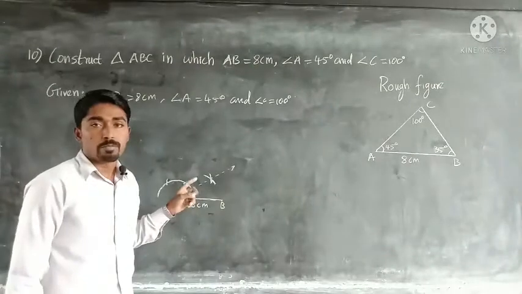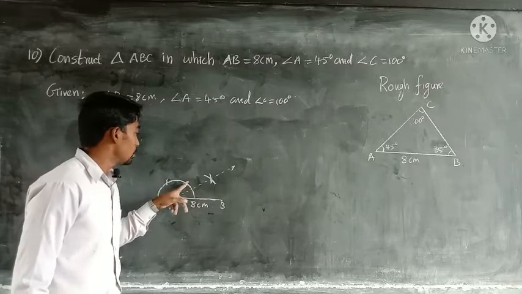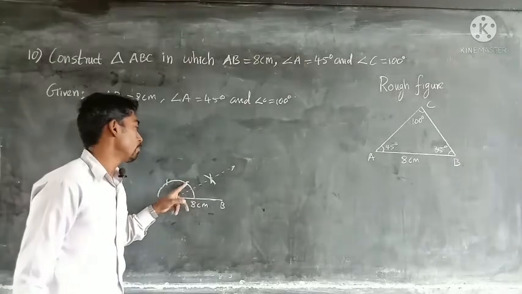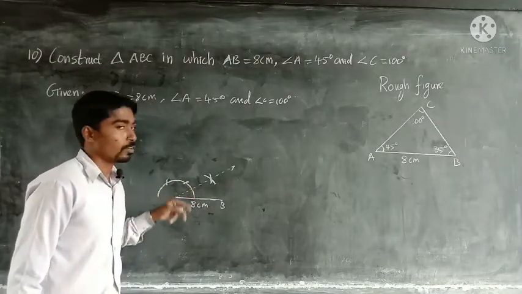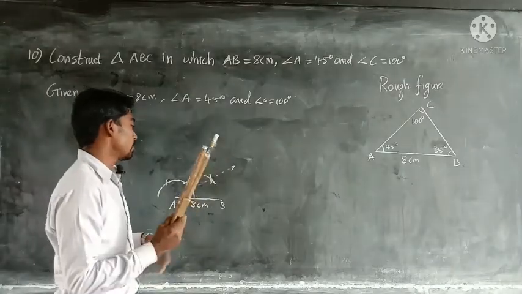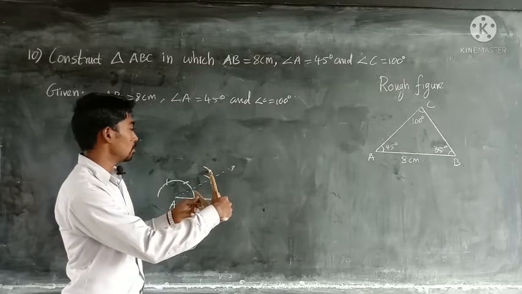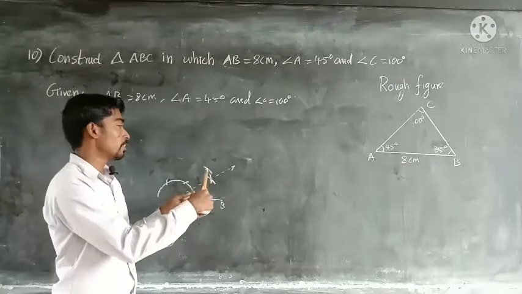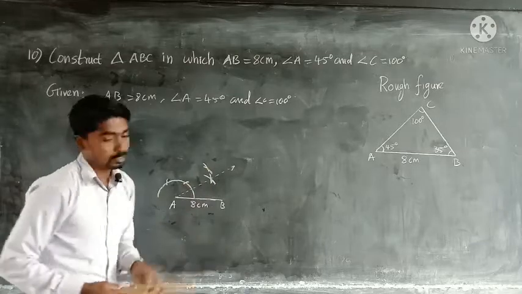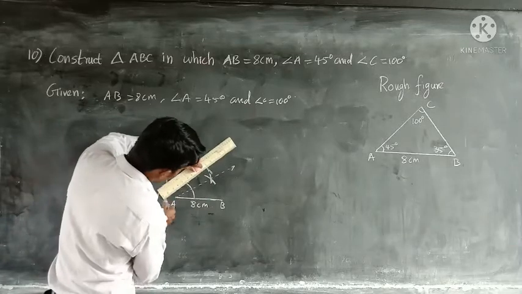To find 45 degree, we need to find 30 degree. By using 30 degree and 60 degree, we are going to find the 45 degree. We are going to find the midpoint of 30 degree and 60 degree. Take same length by using compass and make an arc. Keep this point as a center and make an arc and keep this point as a center and join this arc. Now join these 2 points.